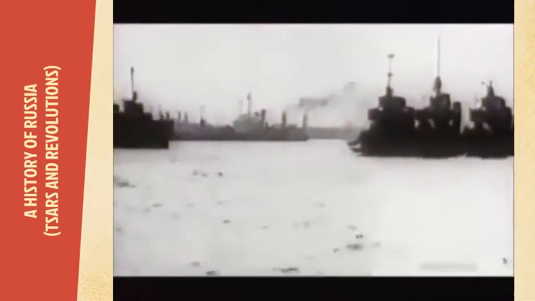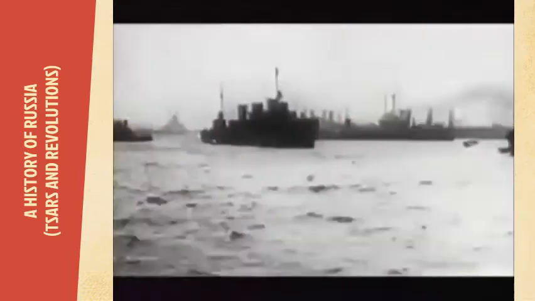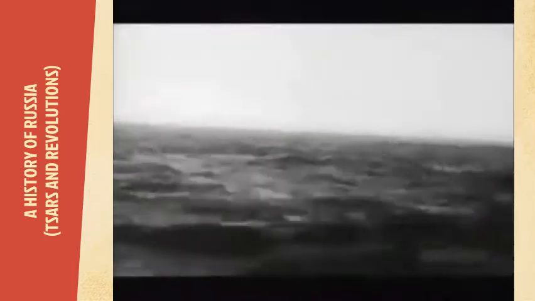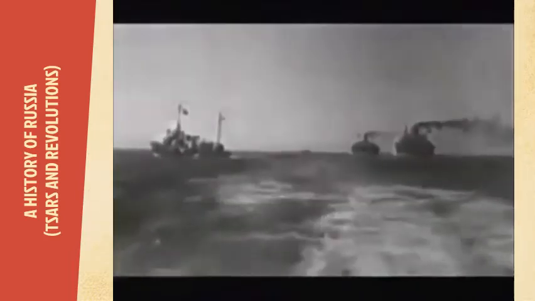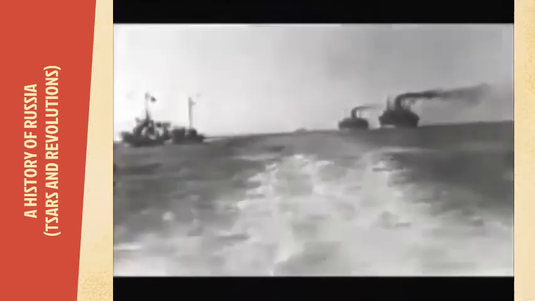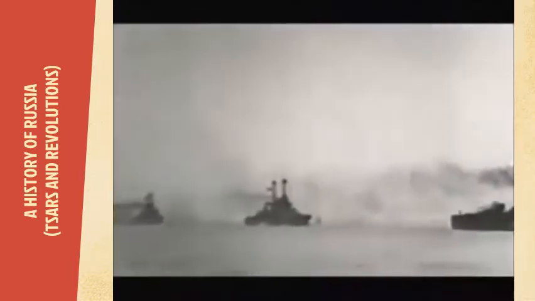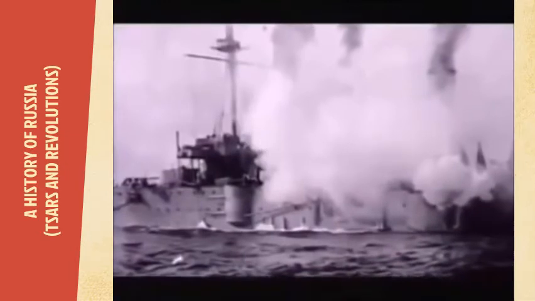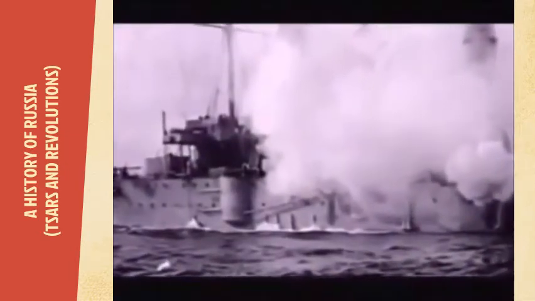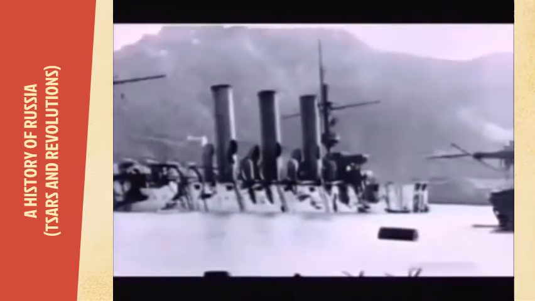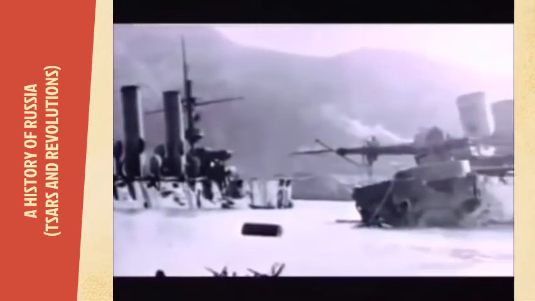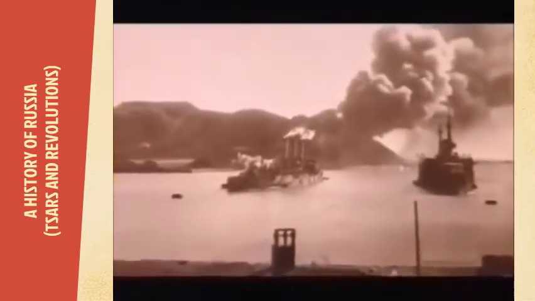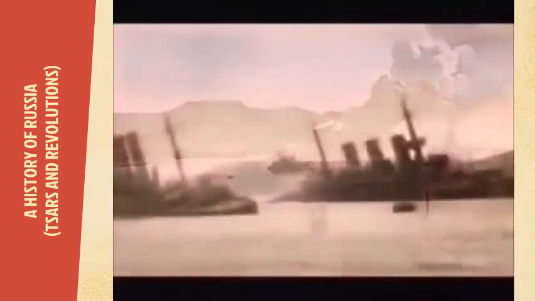To back up his forces, Nicholas assembled a naval armada in the Baltic, 300 ships, and ordered them to sail for the Sea of Japan, an odyssey of 21,000 miles. In May 1905, after 8 grueling months of hunger, mutiny, and disease, the Russian ships finally reached the Pacific coast, where the Japanese lay in wait. With faster ships and better guns, in a single battle, the Japanese sank 2/3 of the Russian fleet. The pride of Russia, the navy Peter the Great had founded, was all but obliterated.